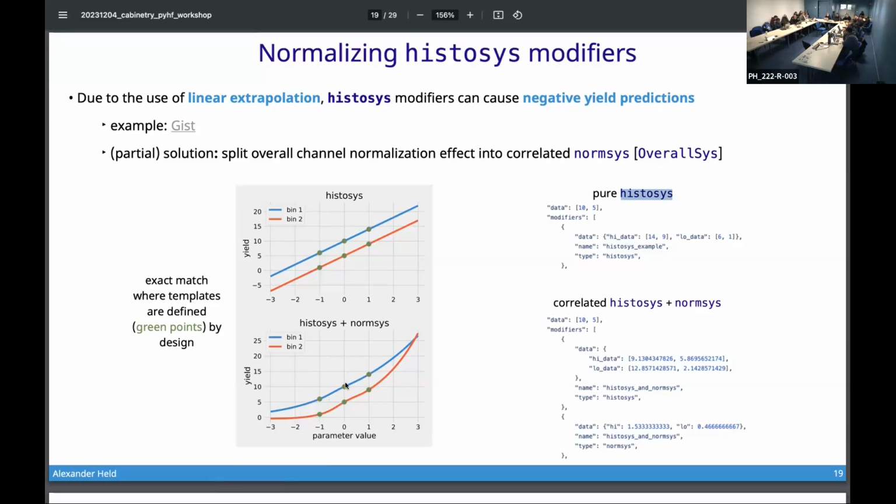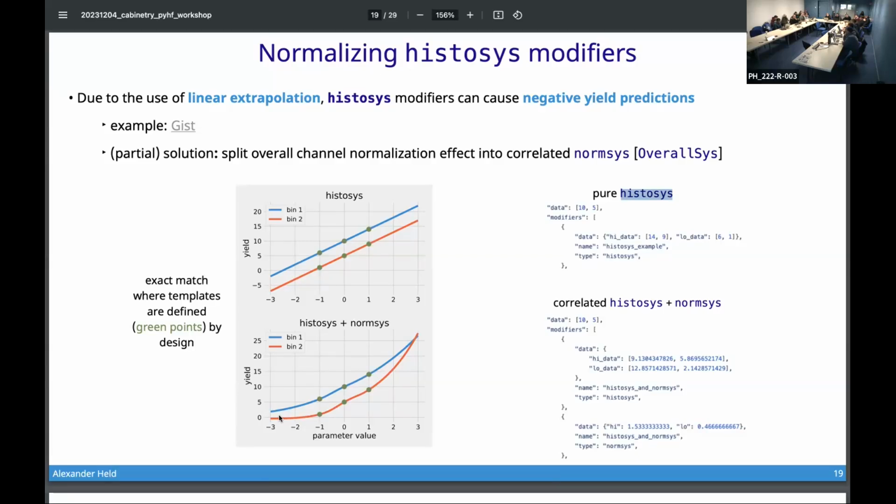Your model prediction will still go through all the templates to the variations at plus minus 1 sigma by construction, but you see now that the behavior towards 0 is much better. You asymptotically only go towards 0, so you protect against predicting something negative and unphysical. This doesn't fully protect. You cannot fully protect against this, but it's much, much safer overall. So this is why this is done this way. However, now,